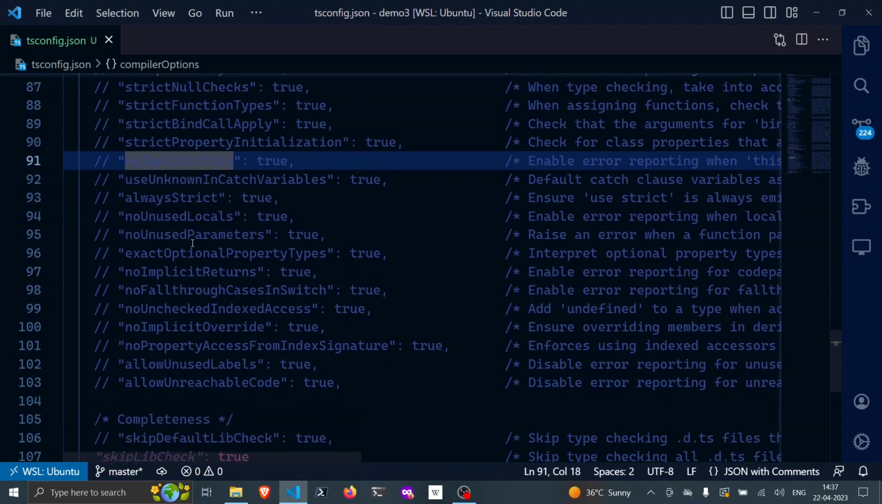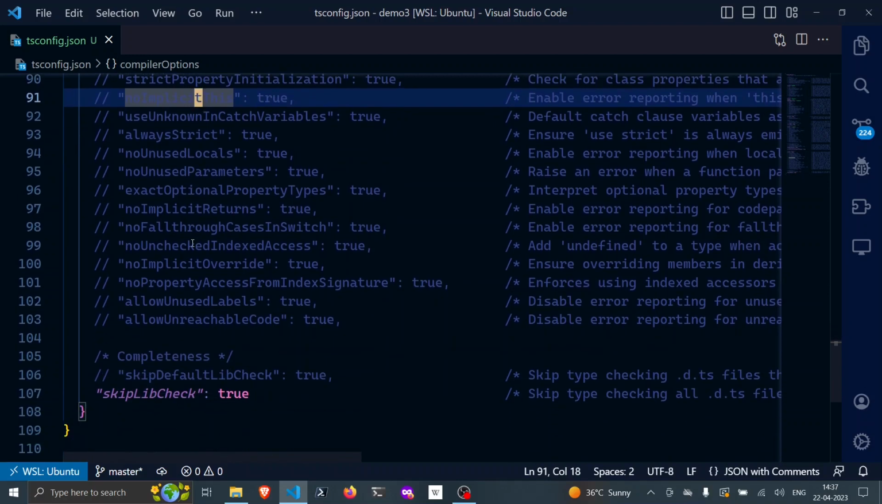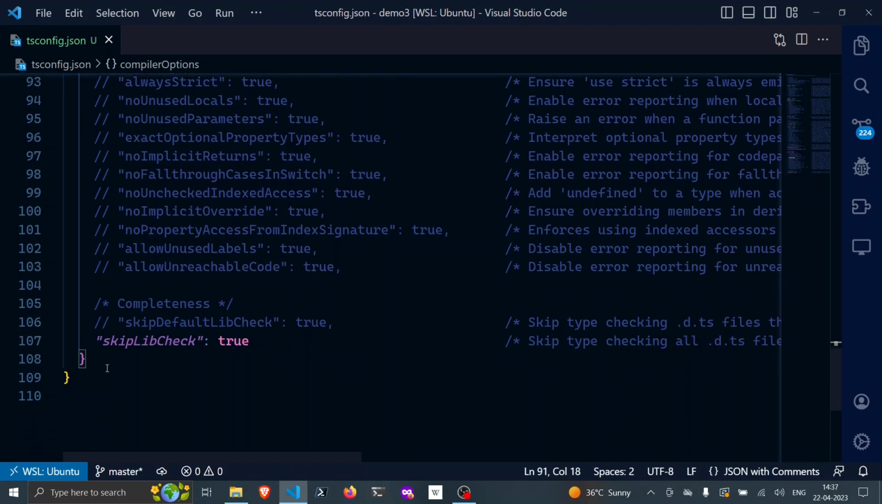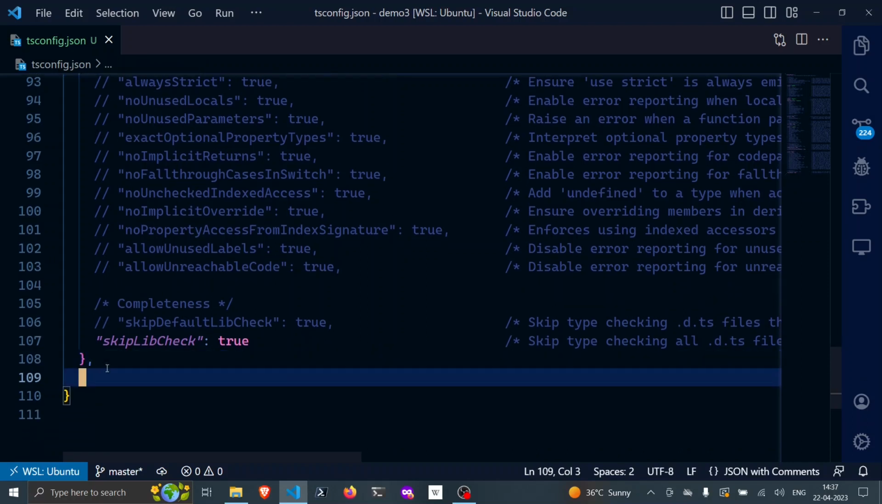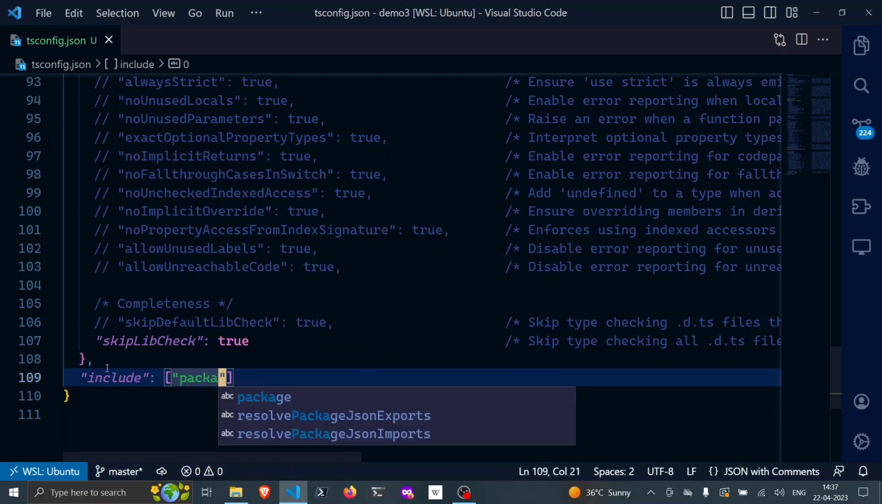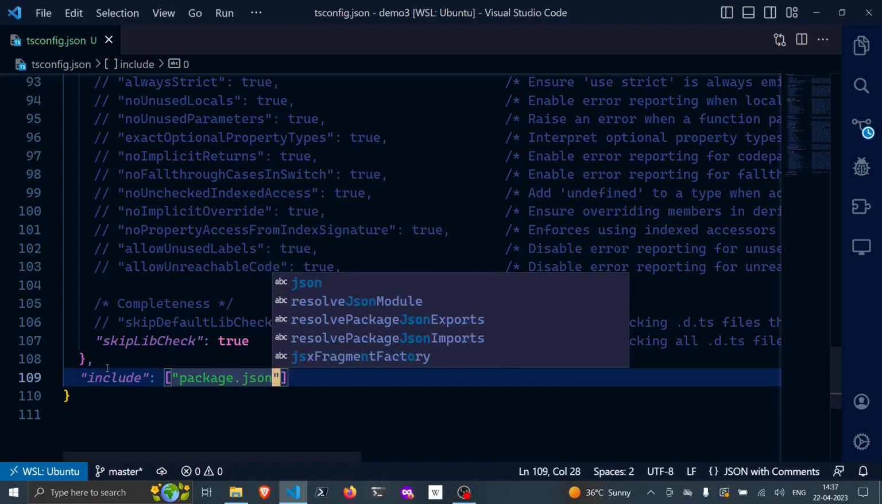Then the other one is, whenever TS transpiles .ts files to JavaScript, and when I want to move this project to production, I want to have my package.json also available. So first we'll go and say what all it can be included. So include, I would want to include package.json